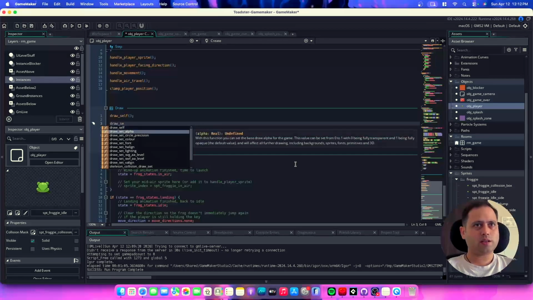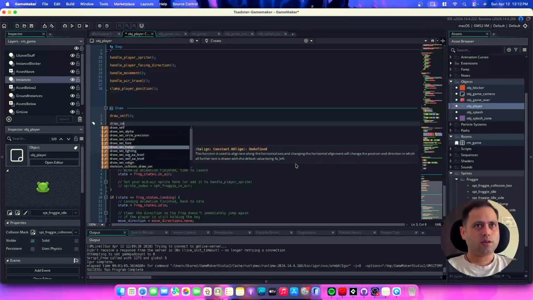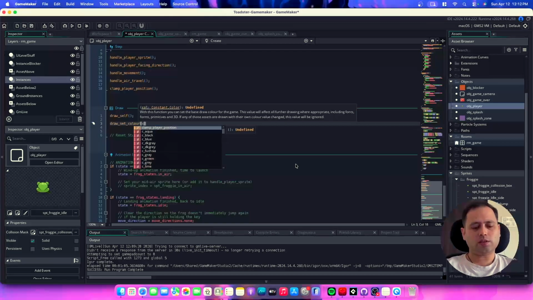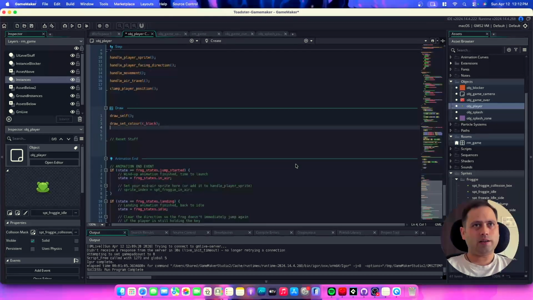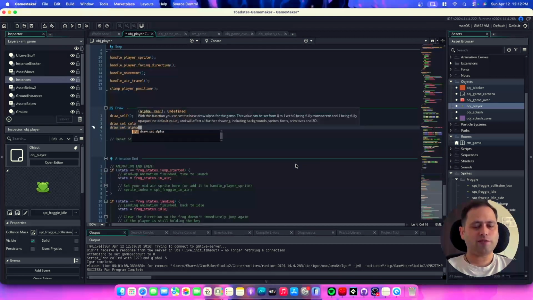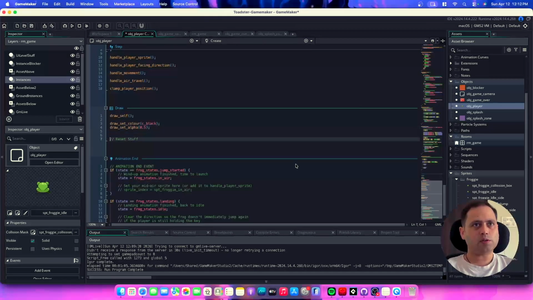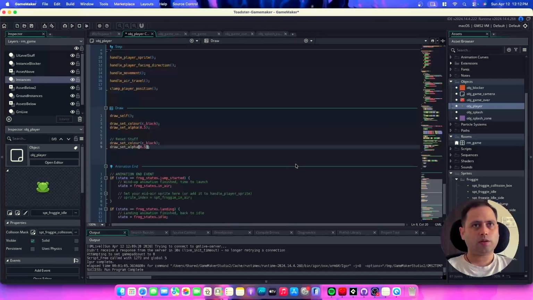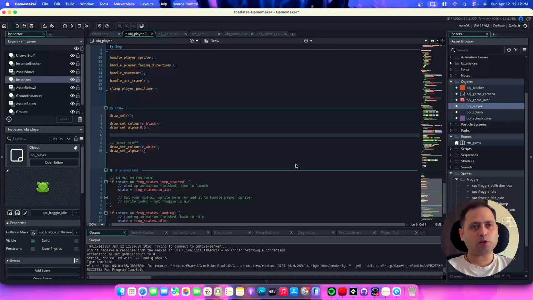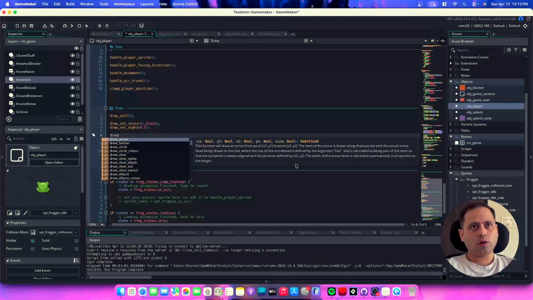draw_set_color, and let's just keep it black, I think. And draw_set_alpha 0.5. So I'm just reducing the alpha for now, and I will also reset this afterwards, set it back to 1 and set it back to white. So we're just going to make the hitbox visible by drawing a rectangle over the hitbox. So draw_rectangle,